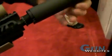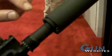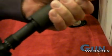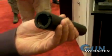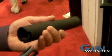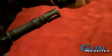It's a threaded-on suppressor. It has a detent surface on the back of the collar, and there's two detents on the back of the suppressor. And so it always stays tight. There's two lockups in the rear. As mentioned, two detents that lock onto the shoulders, so it's not going to back out with expansion and contraction